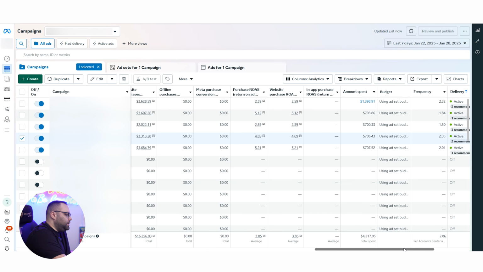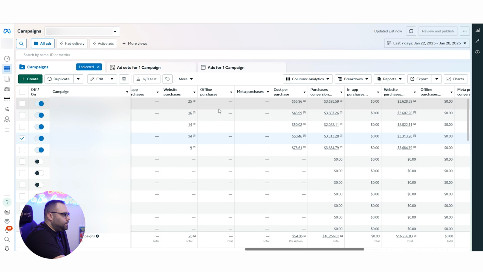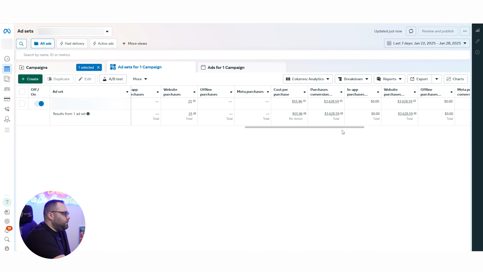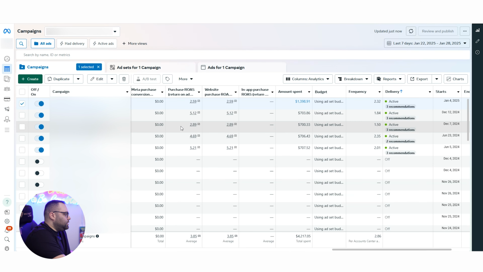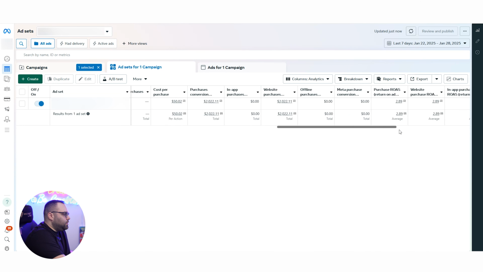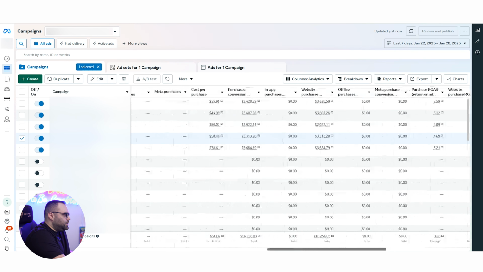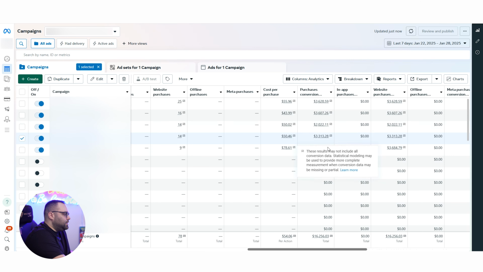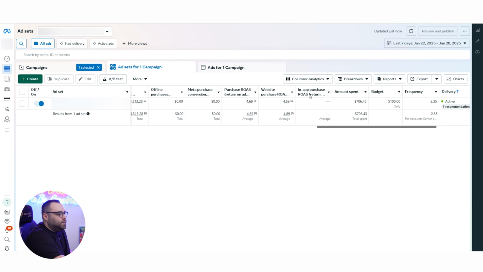Okay, so last account for today and for this video. In this one, for example, I haven't passed the learning phase in theory. I will show you, for example, that here it shows 25 and it shows that I passed the learning phase. And I can show you that in this one, which has 2.89 and I'm having 14 sales, because it's a $100 campaign, it shows learning limited. But on the other one below, that has 4.69 ROAS, but still 14 sales, same cost per purchase, it is not showing learning limited.